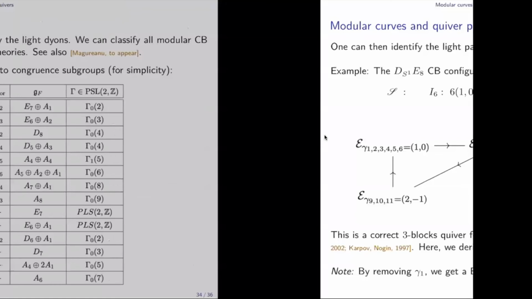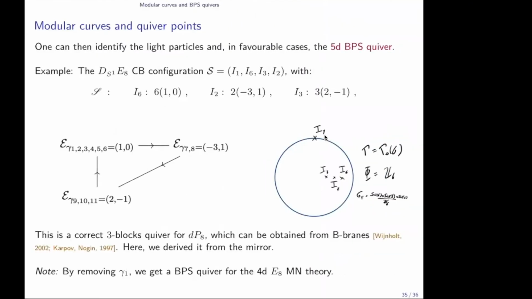Let's just conclude with one example, which is non-toric. If you look at the E8 theory, there is a modular configuration which is like this. There's some I1, I6, I3, I2. I1 is at infinity, but there is I6, I3, I2. That means there are 6 particles of a given type, which turn out to be (1, 0). There are 3 particles of a given type, which is (2, -1), and 2 particles of a given type, which is (3, -1). And then you look at the Dirac pairing, which is 1, 1, 1 in this case. So in that case, you get